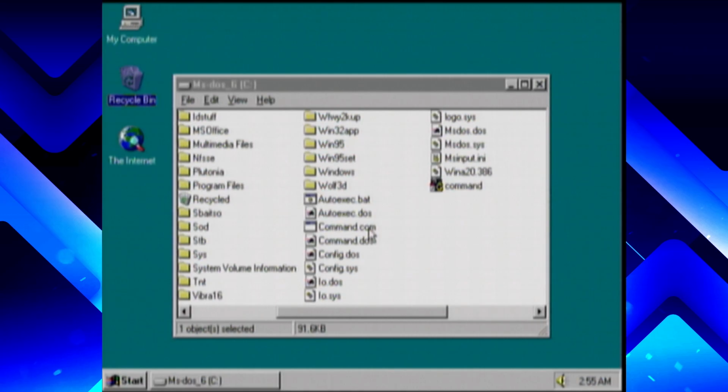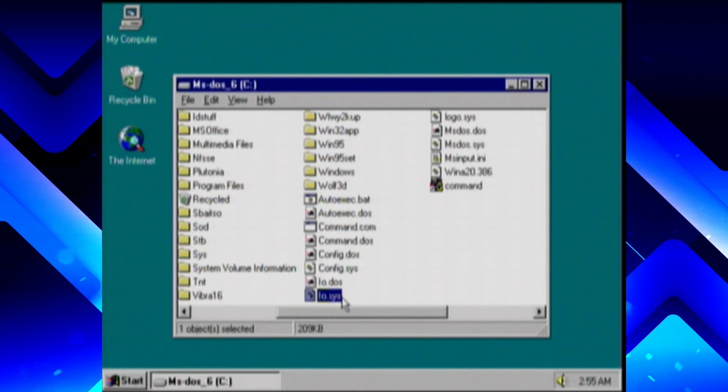Okay, as you can see. Then there's io.sys, which is for your input and output, like those keys that I just randomly typed and, you know, I saw them on the screen. That's what that's for. And then there's msdos.sys, which